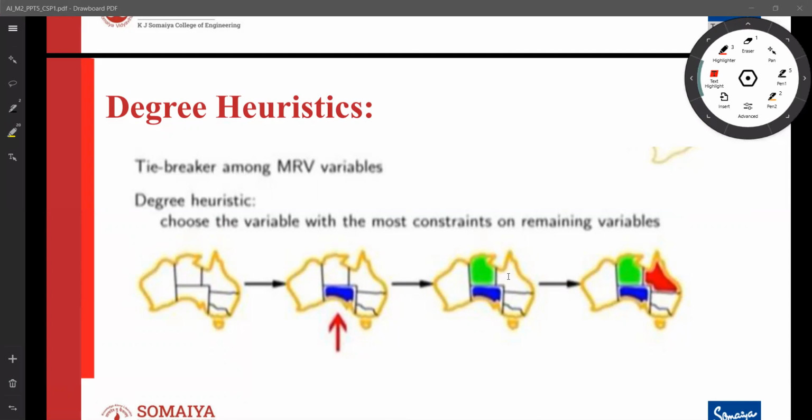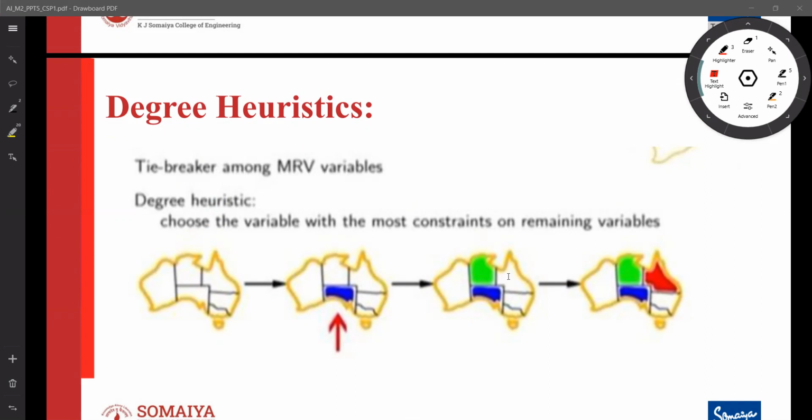This is a heuristic that chooses the order, and choosing the order perfectly or not, at least intelligently, saves us time in search.